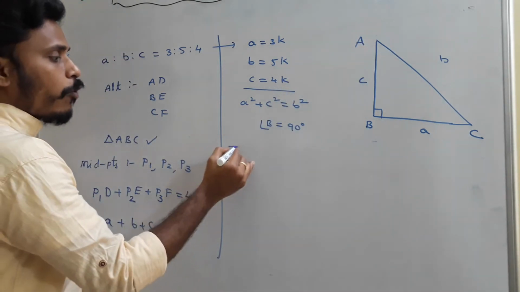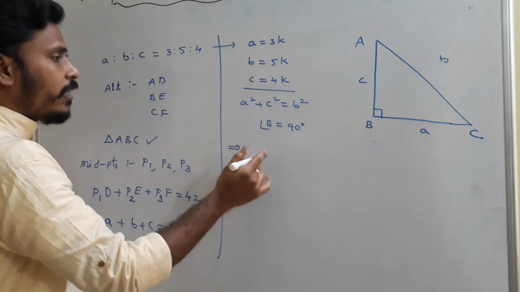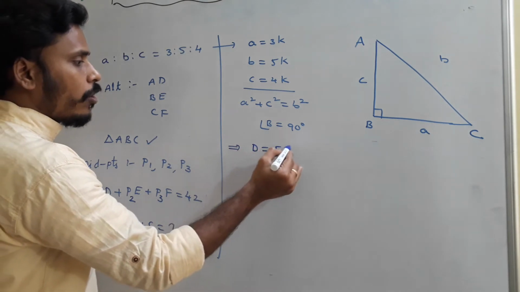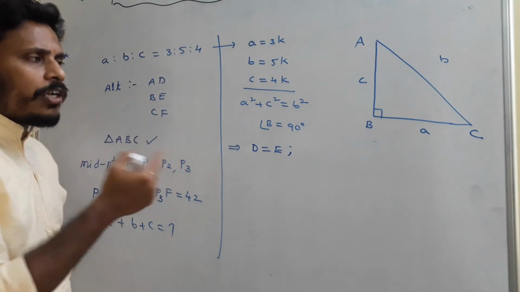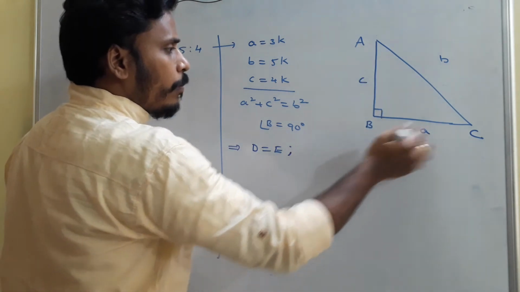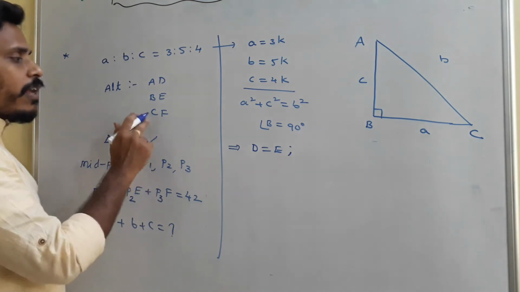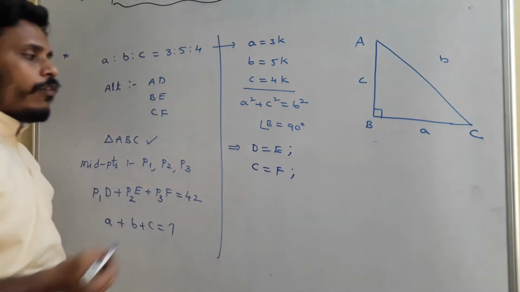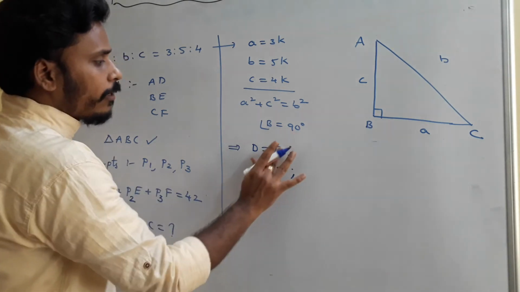As per the problem, the positions of D and B coincide actually. D is equal to B. Because AB is perpendicular to BC, AD is the altitude, and that's why D is equal to B. And then CB is perpendicular to AB. So when you draw a perpendicular from C to the opposite side, that CB works like the altitude in a right angle triangle. So F is equal to B also. D is B, right?